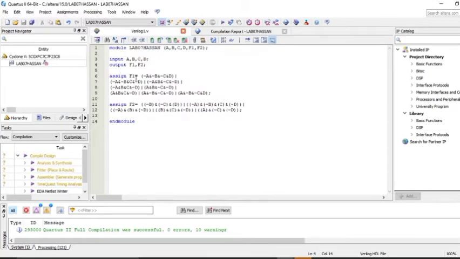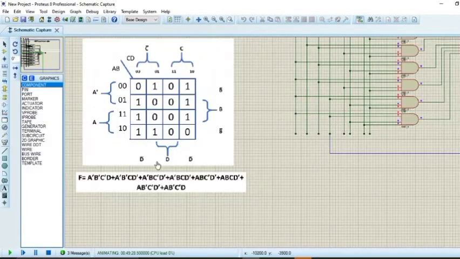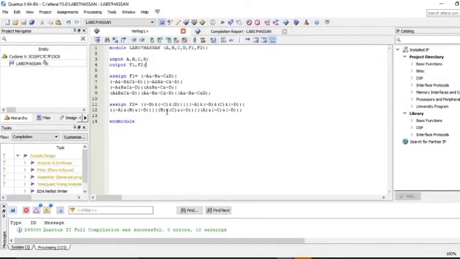I'm going to assign F1 equal to this entire equation. Here you see that this equation is A dash B dash C dash and then D, which is added with this one. In the Verilog language, you can see that the OR gate symbol is this one, the AND gate symbol is like this, and the NOT gate symbol is this.